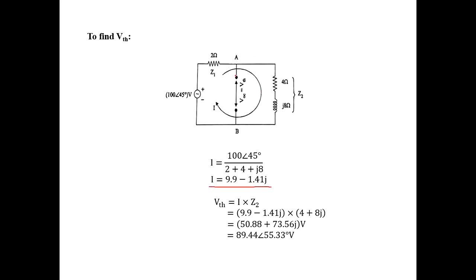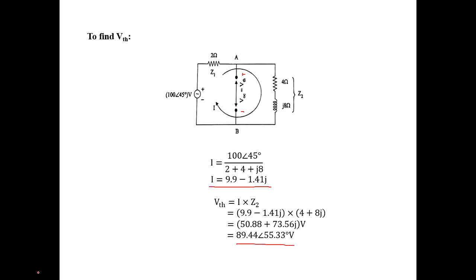Next, here this VThevenin is between these two loops. Let us consider either this loop or that loop to calculate the VThevenin. I am taking this second loop to calculate the VThevenin. Here this is plus, this is negative. The direction is the same. We can write VThevenin by Ohm's law: V is equal to I into the second impedance value, I into Z2. Just substitute the values and we got the answer. The VThevenin value is this one.